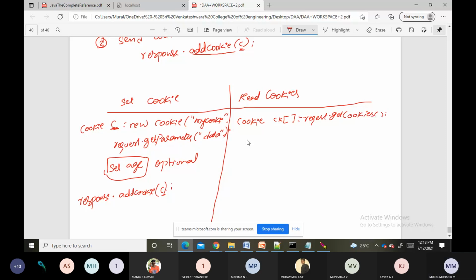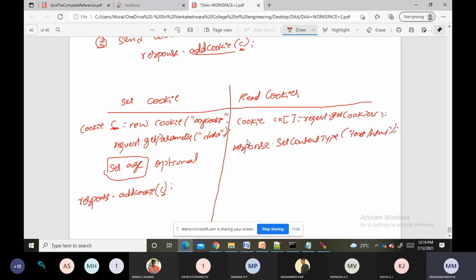Next, once we read the cookies, we need to send them to the response. For that we can set the response content type, response.setContentType. We are setting it as plain text or HTML, right?